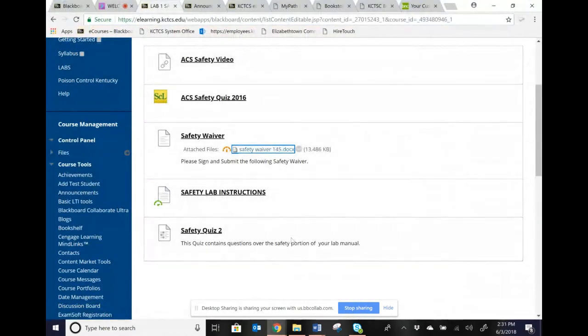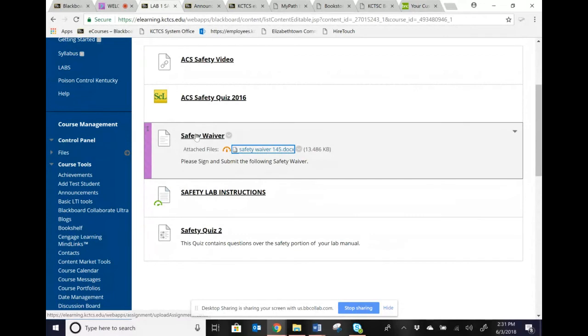Then once you've done that, how do you get it back to me? Do not email it to me. If you email it to me, I won't take it. What you have to do is see where it says safety waiver. See that word right there? Click the word safety waiver,